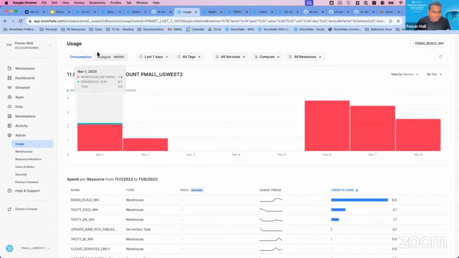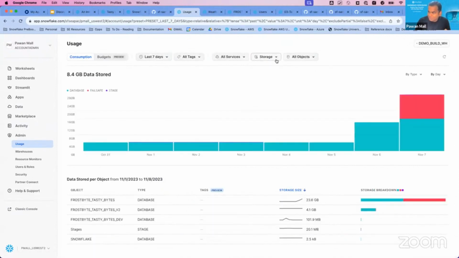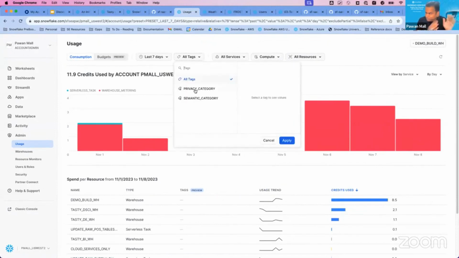So yeah, you can always come here in the usage. We have some inbuilt dashboards for your usage management, where you can see how much compute I'm using, how much storage I'm using, all these details. You can have tag-based usage reporting. For example, you can tag that your engineering group uses these many warehouses. You can drill down on the tags as well, for your engineering group, for your HR group, for your other business units. You can do that level of reporting here.